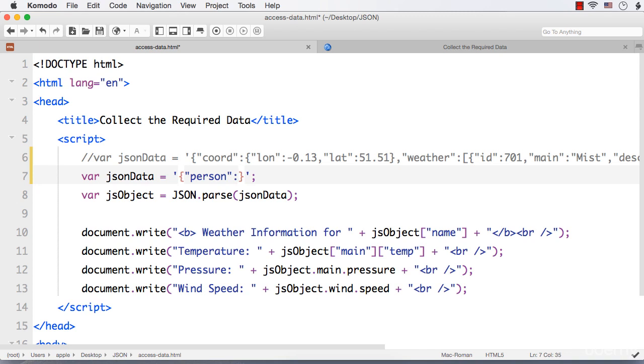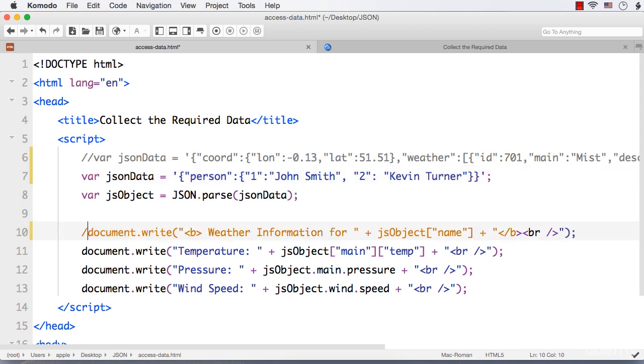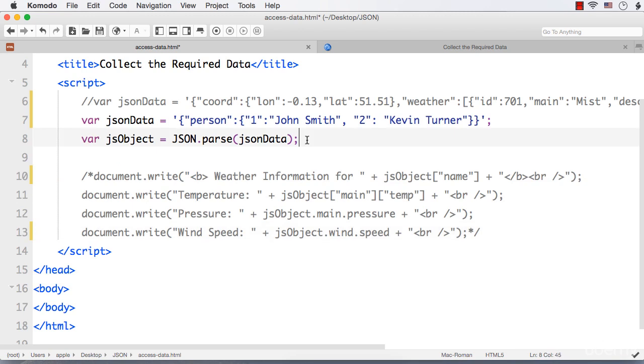Okay. Within curly braces, I am going to write 1: John Smith, comma, 2: Kevin Turner. Okay. So normally if we are using dot notation, how should we access this? It should be